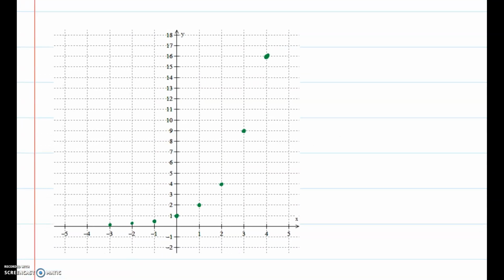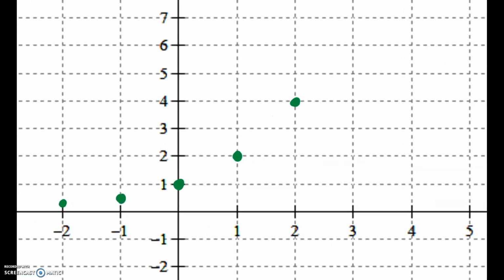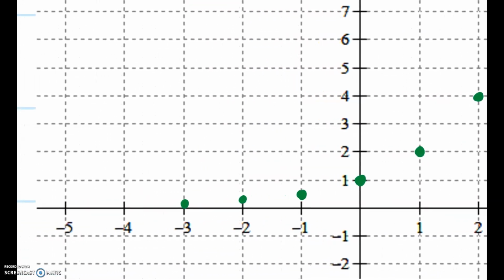Okay, so now you can see that there is a pattern here. There's a couple of things. One is, if we could think about this going backwards for a second, we're up here at the point 4, 16 and we come down very, very steeply, and then it gets very, very shallow. The function falls off, but it falls off very, very slowly at the end. Now, you may think that it's going to hit the x-axis, but it doesn't. It never actually quite gets to the x-axis, but what it does is this: it gets closer and closer. So when you draw this, you have to try and draw it showing that, and it's very difficult to do, it doesn't actually touch the x-axis,